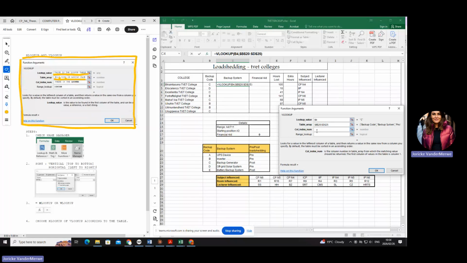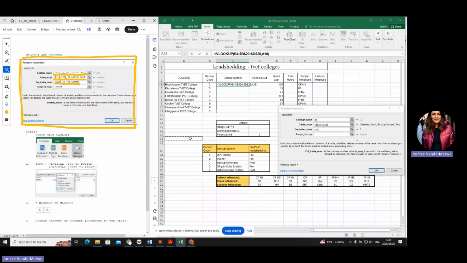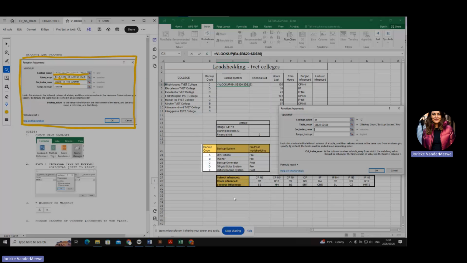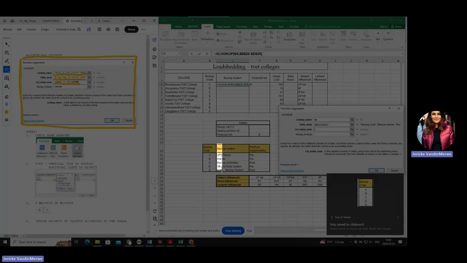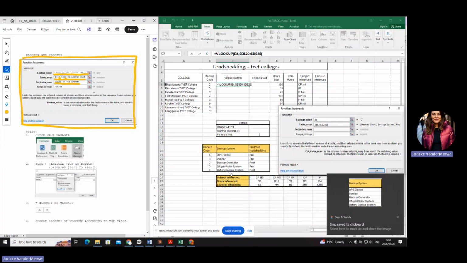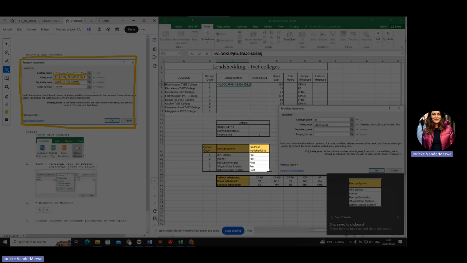Okay. Now, look at what the answer here is. Where is the answer? Okay, now remember I'm working in this one here. How many columns does it have? 1, 2, 3. Let me just show you here. This is column 1. Yes. This is column 2. Yes. And this is column 3. Can you all see that?